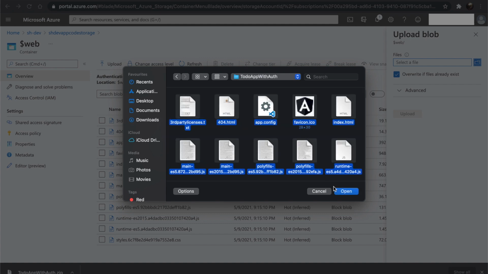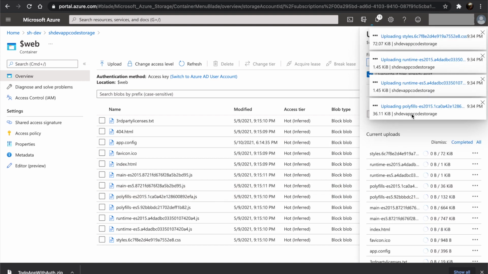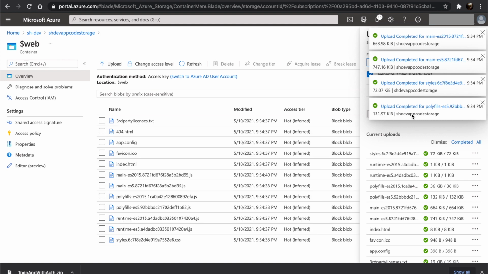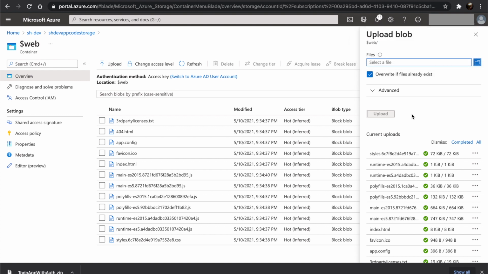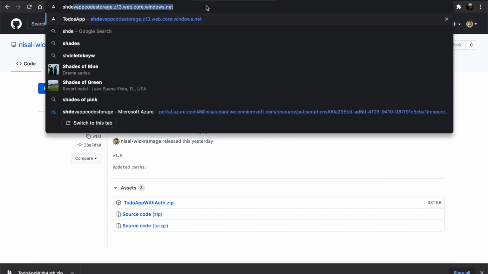Make sure you tick the overwrite if files already exist checkbox and click upload. Once the upload is complete, let's go back to our web app.